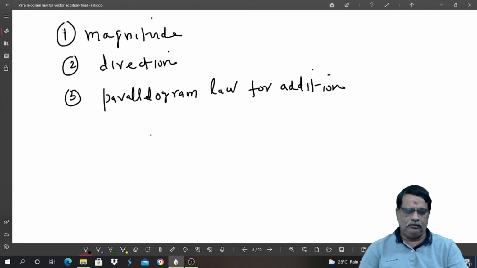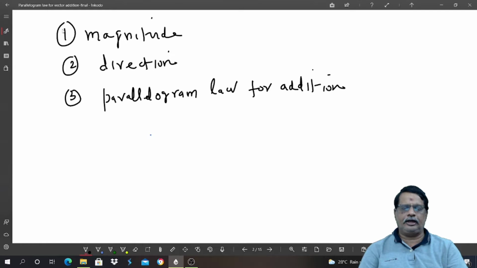You know that vectors have a different rule for addition and subtraction because they have directions. So if all the three conditions that I have written here are met by a quantity, that is certainly and surely a vector quantity. Okay, now how to represent a vector?